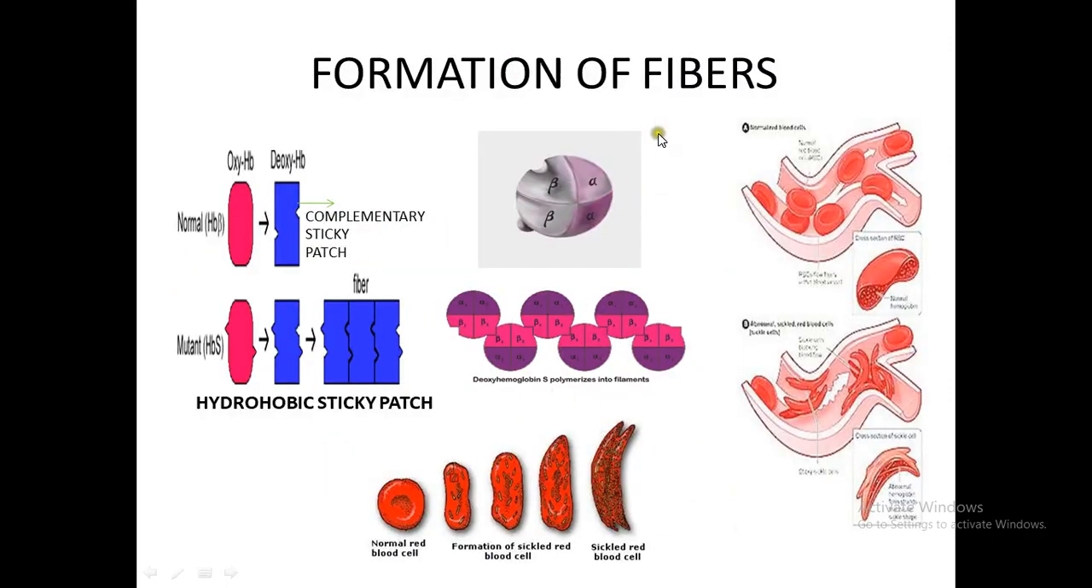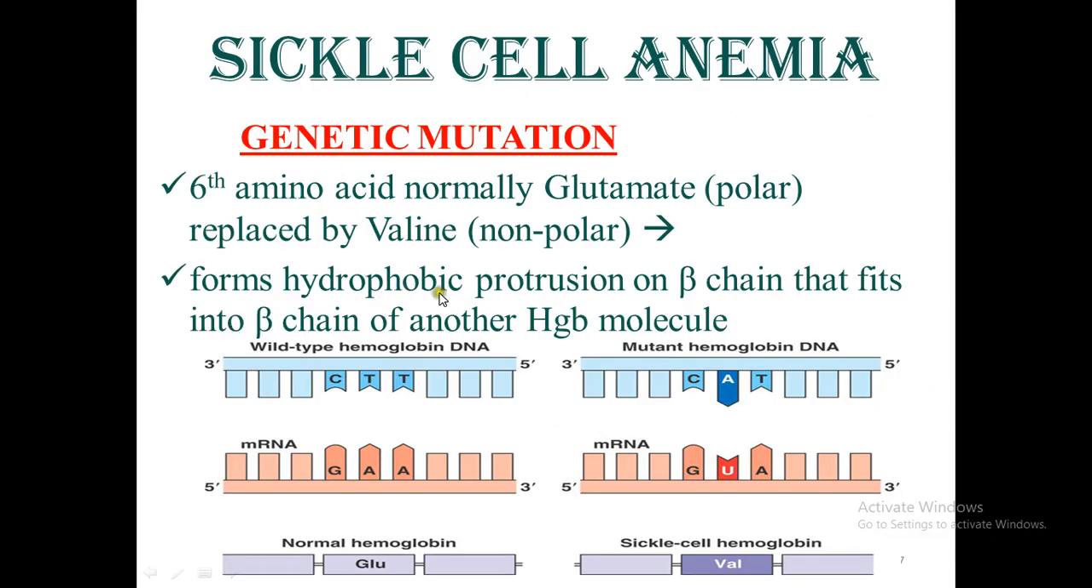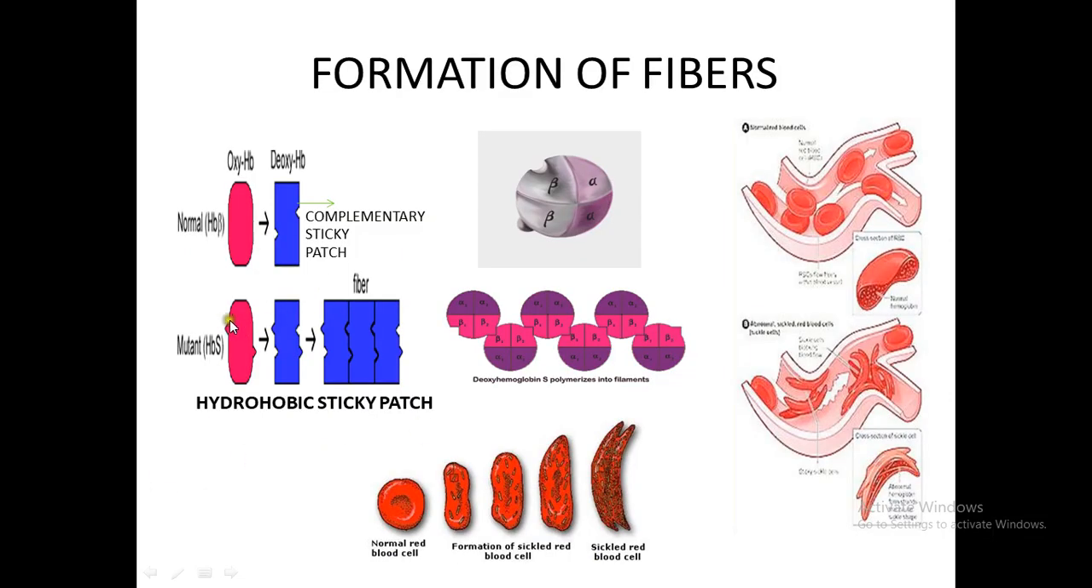How do fibers form now? You can see this is normal hemoglobin, and this is deoxyhemoglobin. In deoxyhemoglobin, you can see a sticky patch. In the mutant hemoglobin S, there is a hydrophobic protrusion. A hydrophobic protrusion on the beta chain is formed, and this hydrophobic protrusion goes and fits in the complementary sticky